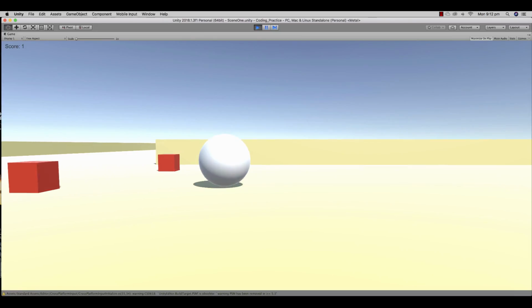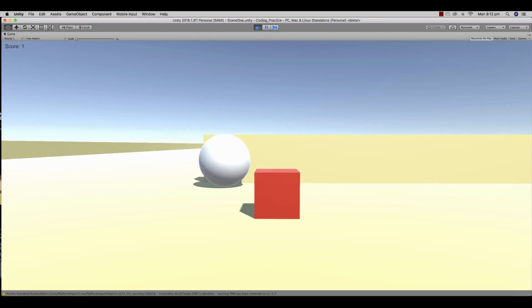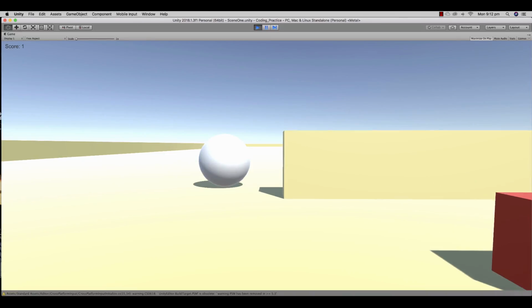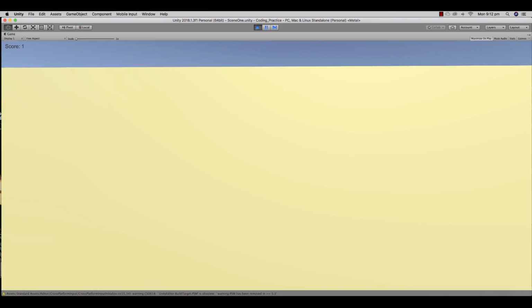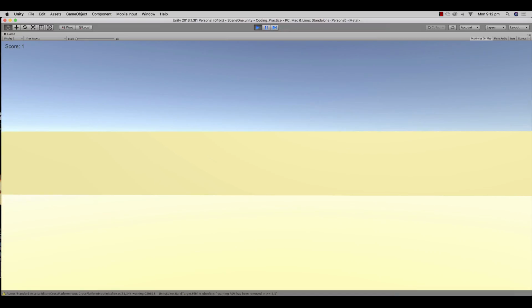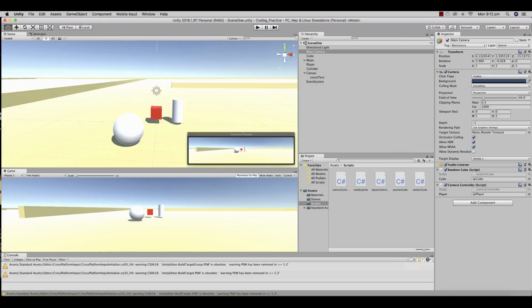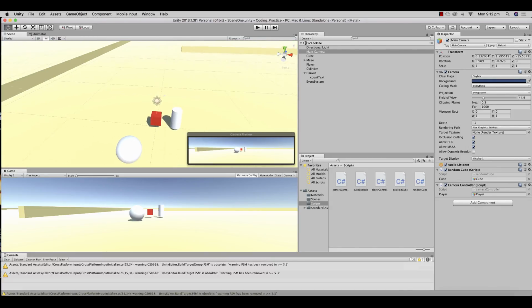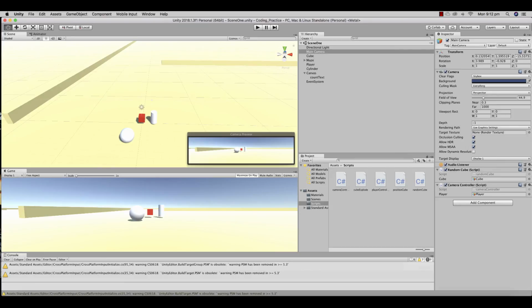There are some vulnerabilities still with this system, so you'll see that when I get to the other side of this wall here, because I have my camera set so low, I do get into a situation where my camera passes through the wall, and depending on where that stops, sometimes I will lose sight of my sphere. So it can be a good idea to have a bit of a play with your game, test it, and if you need to rearrange the angle of your camera so you can see